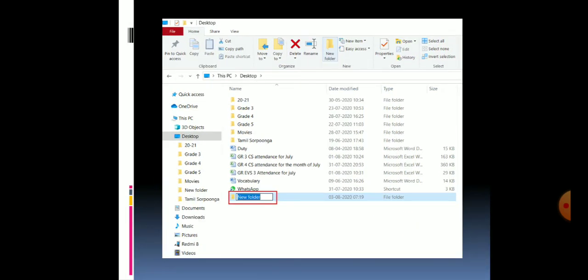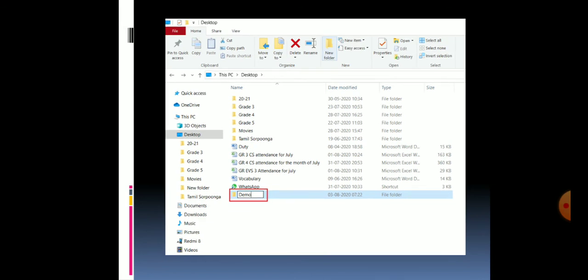If I select the new folder option, I can see a new folder asking for its name. Here I need to type a name for the folder. In this example I have typed the name demo.